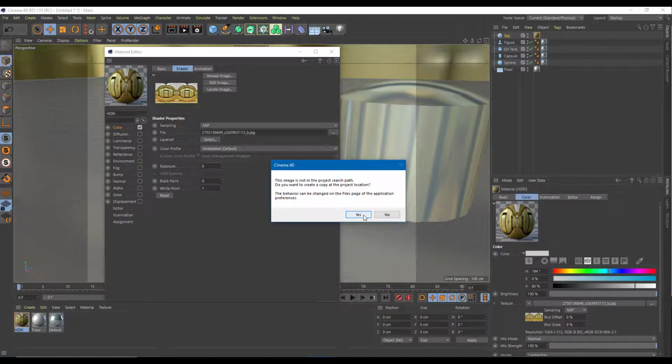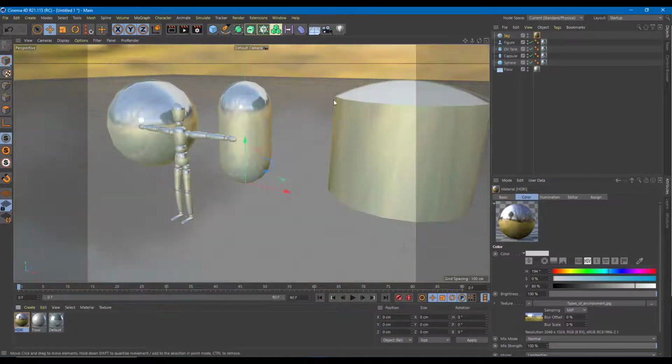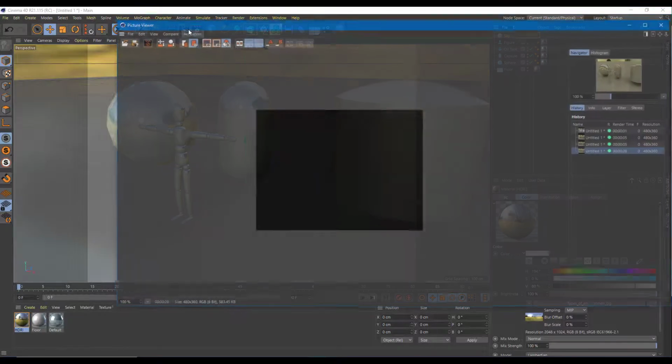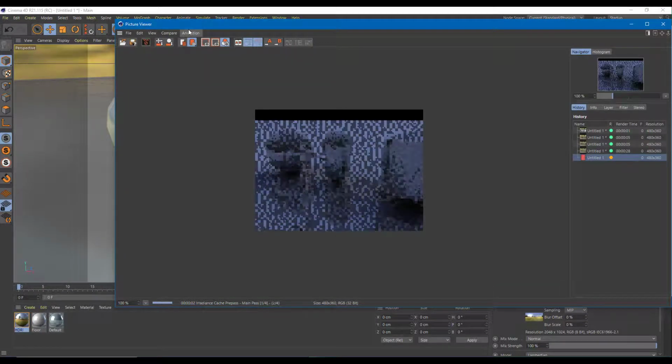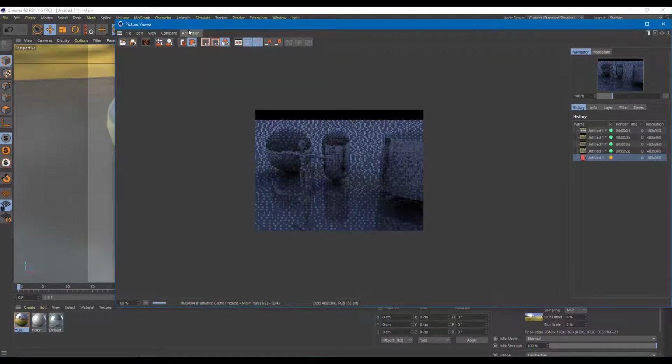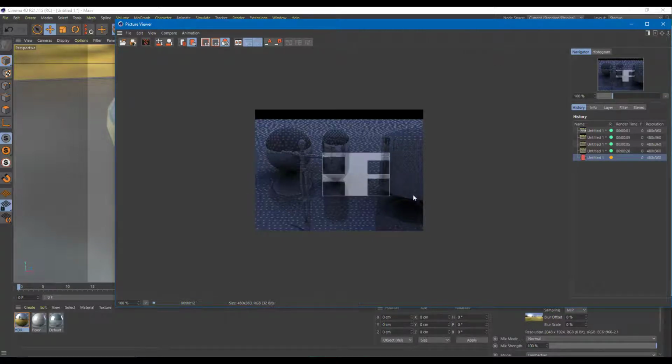So let me select this one and press yes. Another lighting is there. So if I were to render this out, you'll get a different sort of lighting. You get a bluish type of lighting right here because the background contains more of a blue color right over there. So once everything completes rendering out, you can see that there's a different look to the